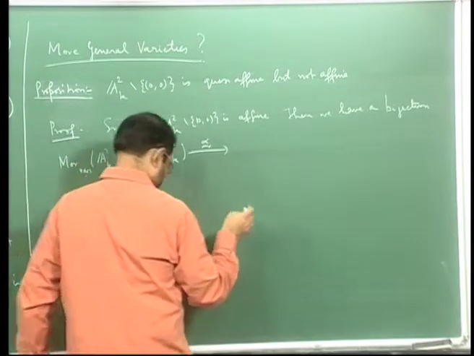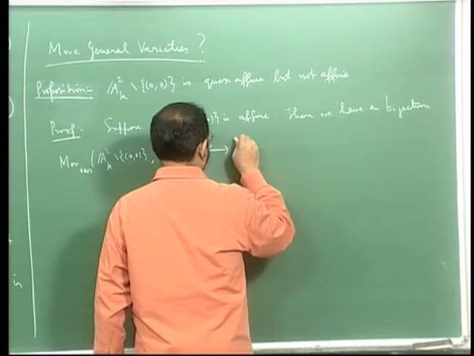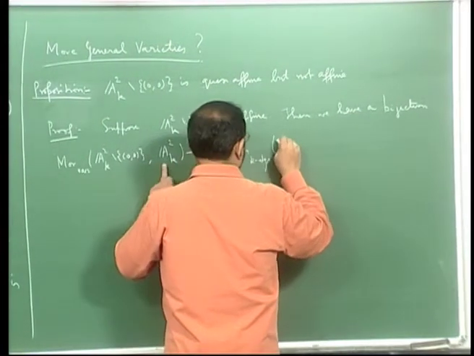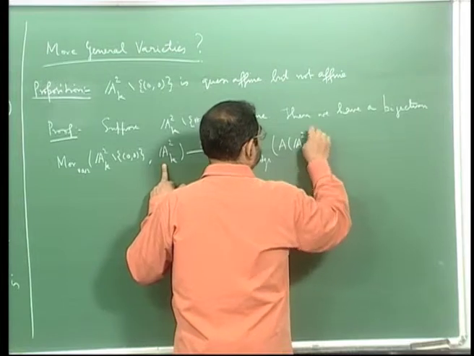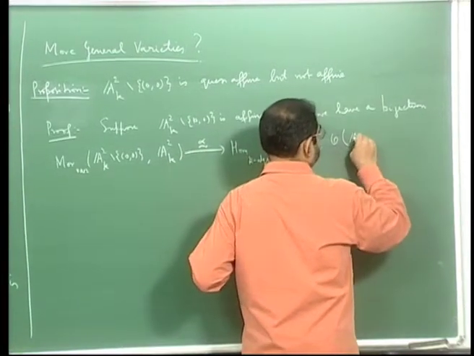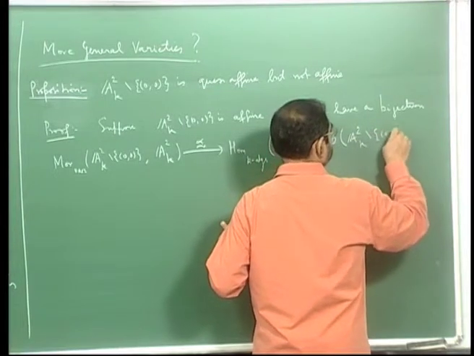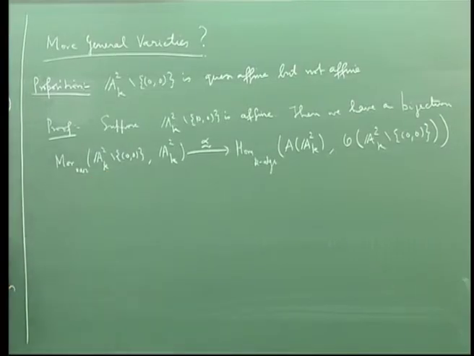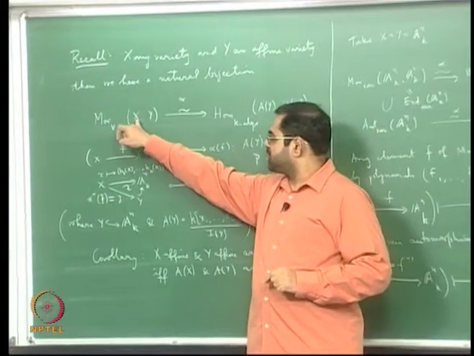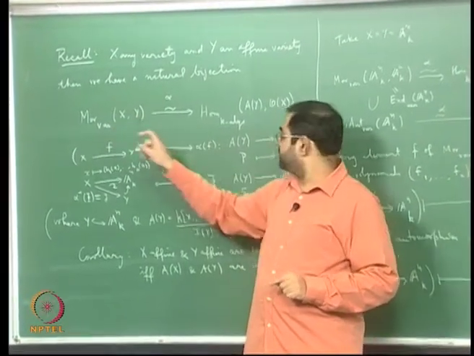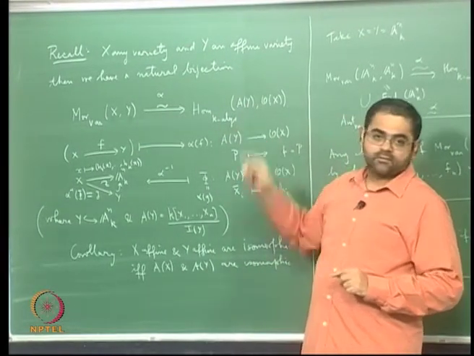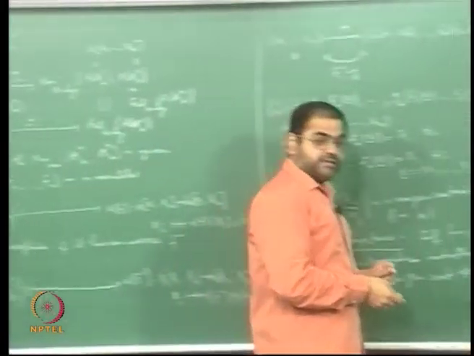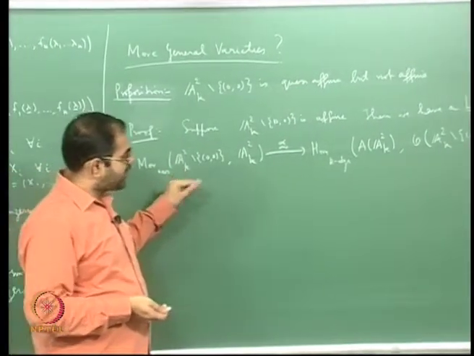So I have this map from this into homomorphisms of K algebras from A of A2 to O of A2 minus a point. So I have this bijection that I have already written down here. The set of morphisms from any variety into an affine variety is in bijection with the set of all K algebra homomorphisms from the coordinate ring of the target affine variety to the regular functions on the source variety. So I am just applying that here, but I am noting that